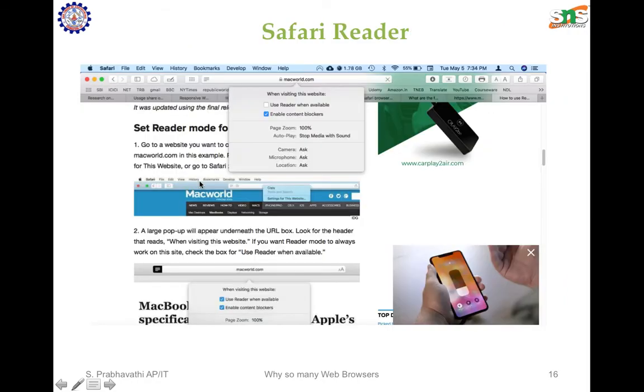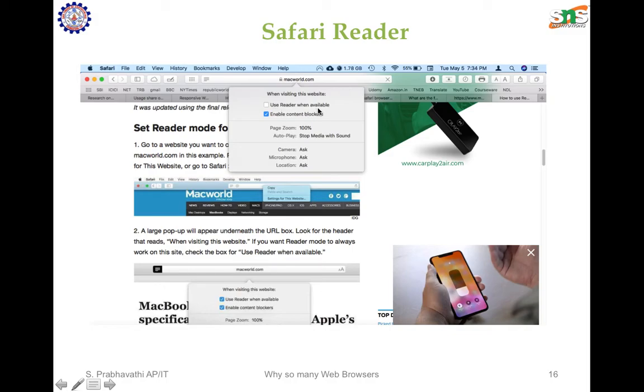And we have one more feature called Safari Reader, which is used to bring forward the important parts of a web article. When we search for a web article, it comes along with advertisements. To read the web article alone, just go to the URL bar, right click and enable Use Reader when available.